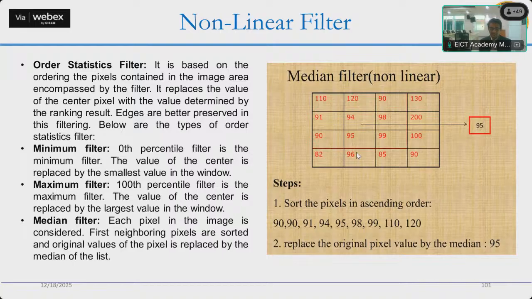So when you are taking these 9 elements, you take the in-between element, the median element. First we count the number of pixels: 1, 2, 3, 4, 5, 6, 7, 8, 9. So 9 is there, and the middle element we are interested in is the fifth one. The pixels are in ascending order. So what do we do? We replace the original pixel value by the median. Since it has come to 95, we will put 95 here. So it is very unlikely to generate an error also.